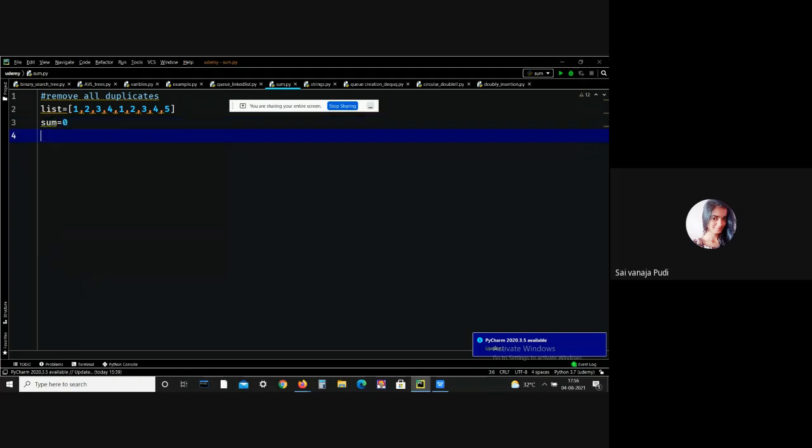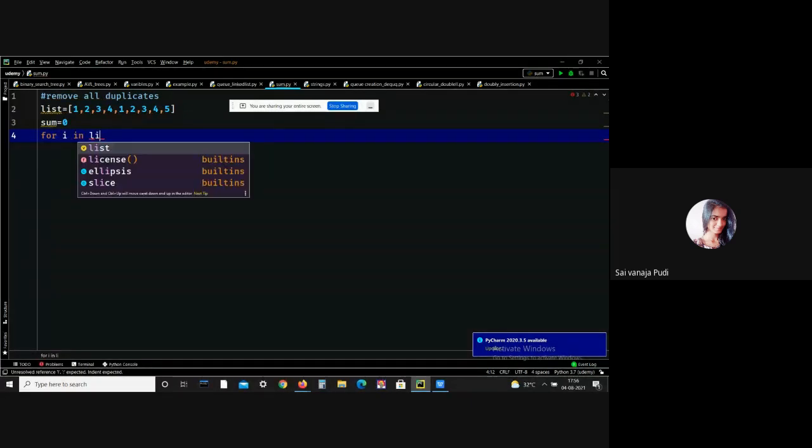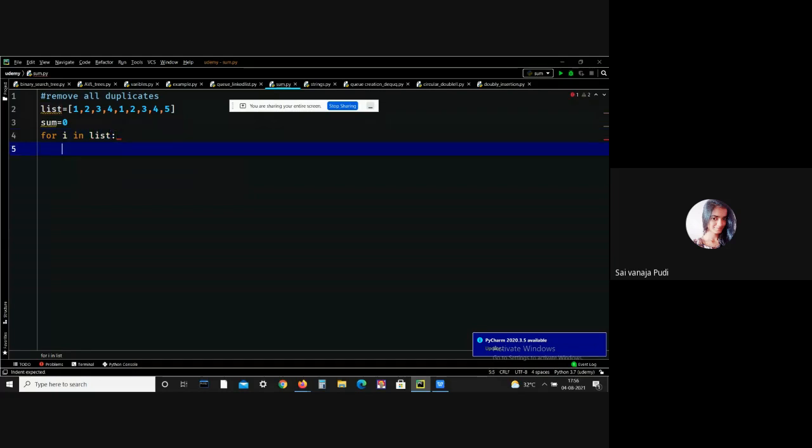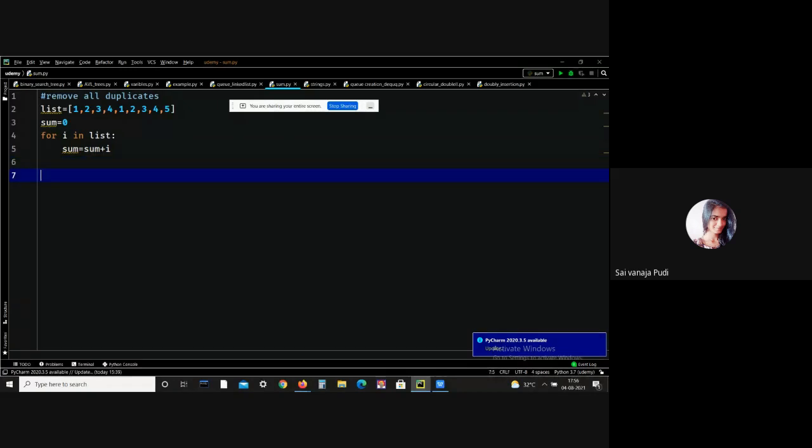Sum equals 0, for i in list, sum equals sum plus i. And finally, I want to print the sum.